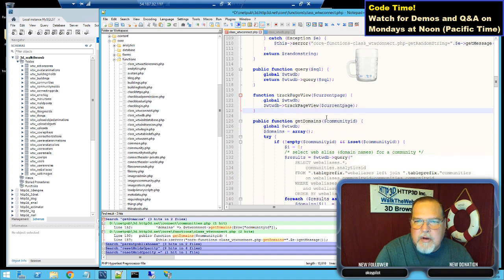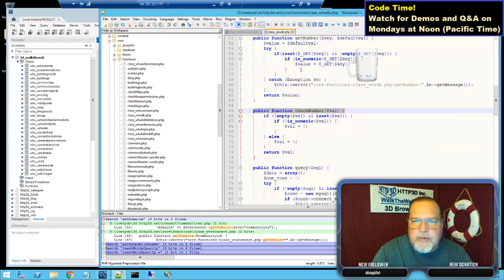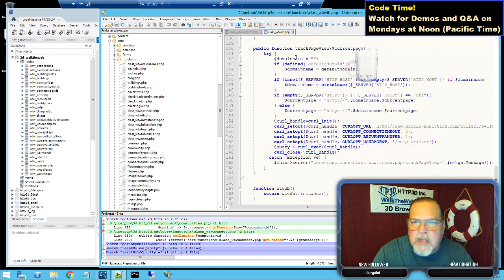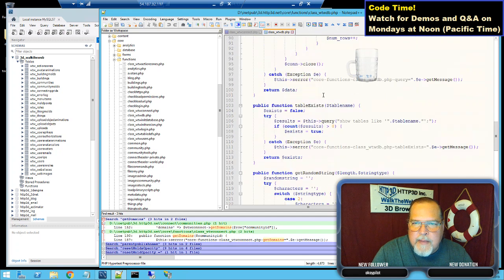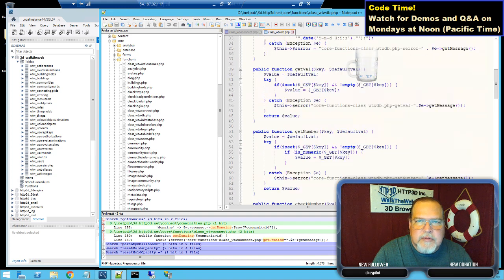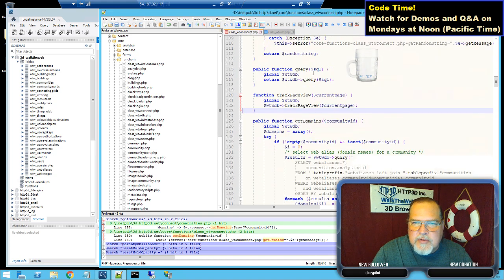Take that out of there. Track page view. Does that have a return function? There's not that many functions, so I won't have to search. That doesn't have a return function, so it doesn't matter. I want to use check, get name, get value. Okay. And I'm going to do the same thing